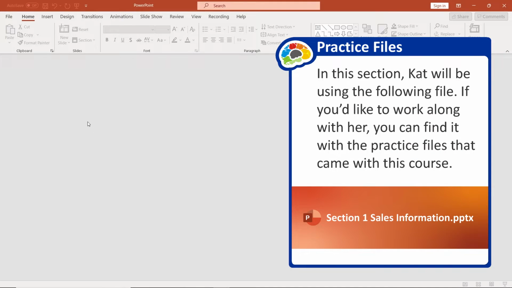How do I create a presentation? There's a couple different ways you can do that. Let me show you two of them. Sounds good. With PowerPoint open, to start from scratch, if you click on your File tab on your ribbon up